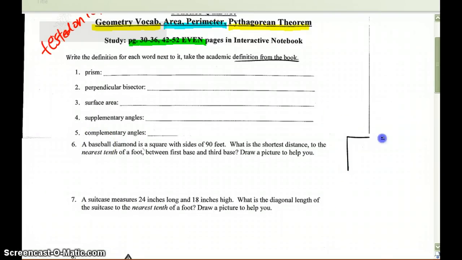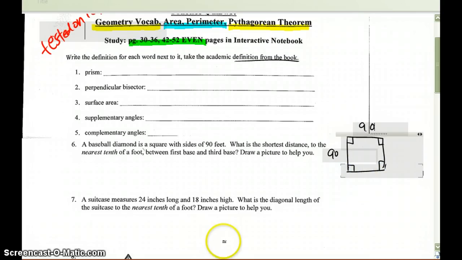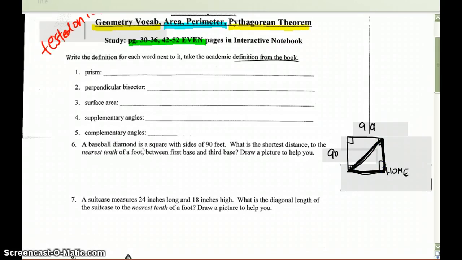And if I were to draw a baseball diamond, here we are. And each of the sides are 90 feet all the way around. And we know that in a baseball diamond, we have these perfect 90-degree angles. Now we're looking for the shortest distance between first base, here's first base, and third base, we'll say this is home. And so if I just look at right here my triangle, then I'm going to be able to find,